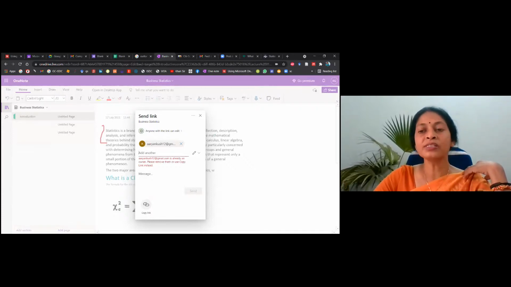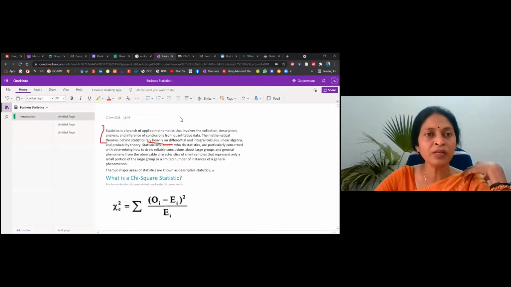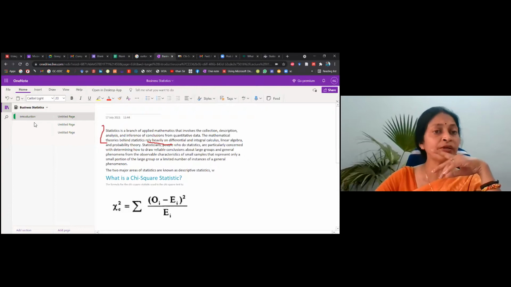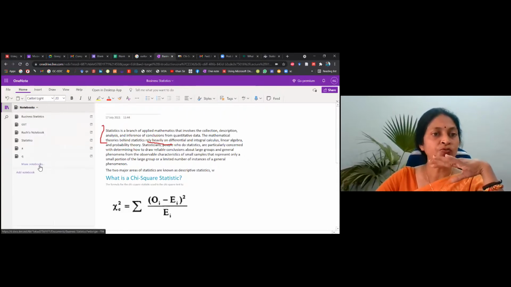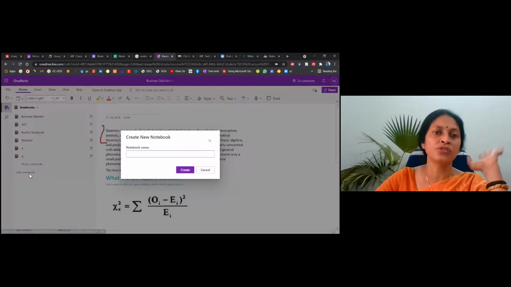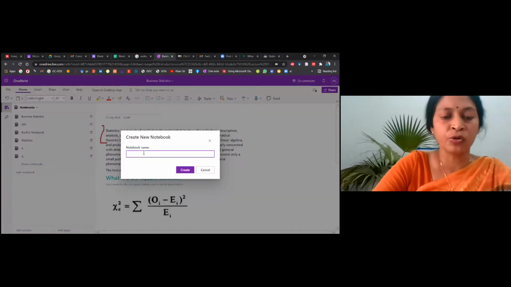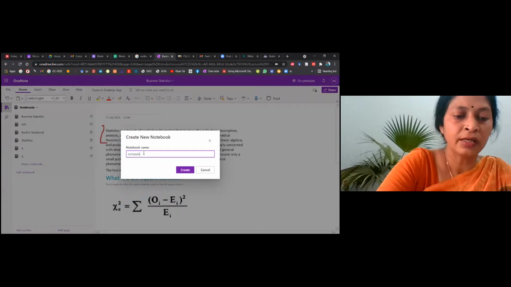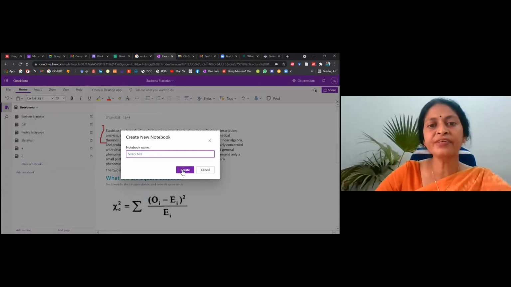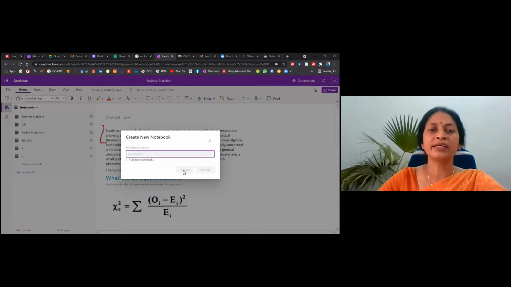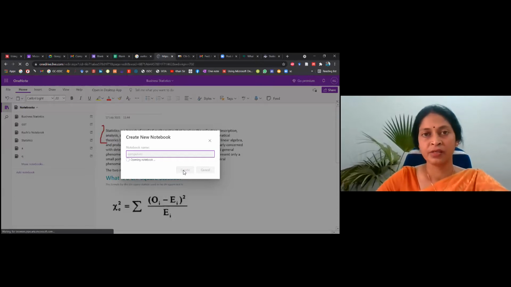So in short, you can see that there are so many tools through which you can navigate. This tool is very important because you can create notes in as many notebooks as you want for each paper. For example, for computers, I can create it for this, and it all gets collected over there, and all the contents are stored in the drive.